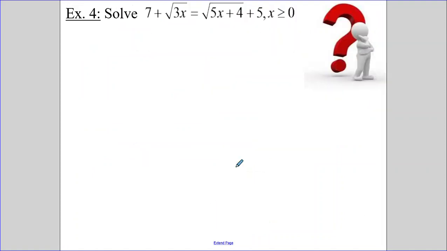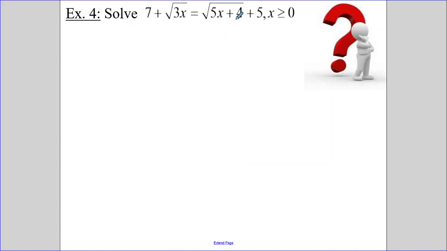Alright, so moving on in our examples. For example 4, we'll go through the same process. I'll get you to pause the video and give it a try. This one obviously is a little bit more involved. You see there's 2 roots here, but pause the video, give it a try, and come back when you're ready. Alright, so